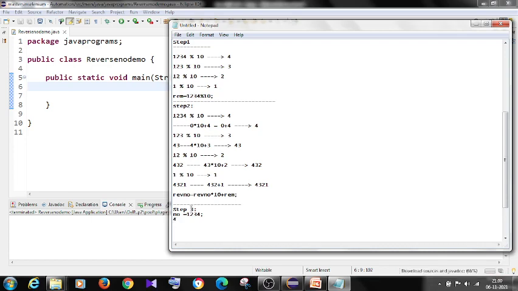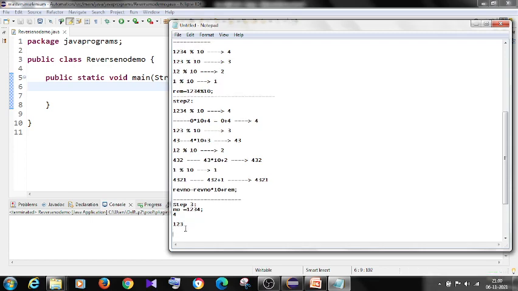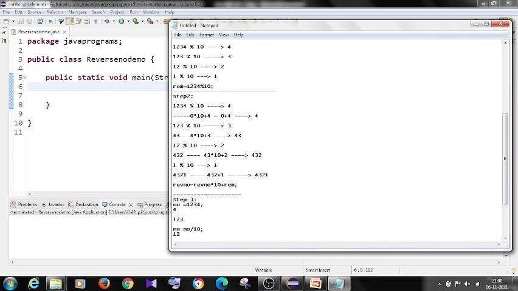And my number for the second step should be 1 2 3. How can I achieve this? By using num equal to num divided by 10. So 1 2 3 4 divided by 10, the value is 1 2 3.